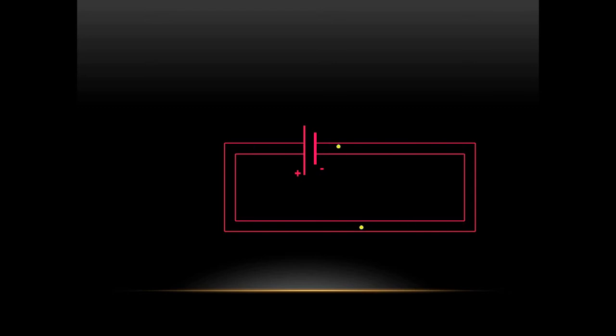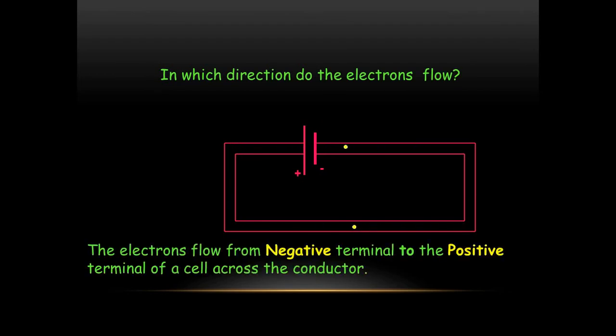This is a simulation, a diagram showing the flow of the electrons. The electrons flow from the negative towards the positive terminal. The question is, in which direction do the electrons flow? The electrons flow from the negative terminal to the positive terminal of the cell across the conductor. Therefore, we have the